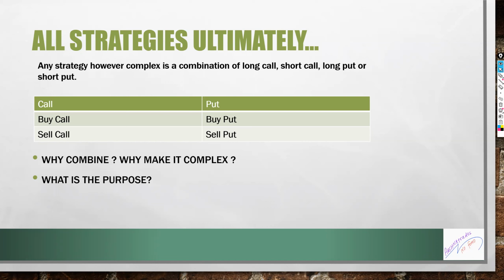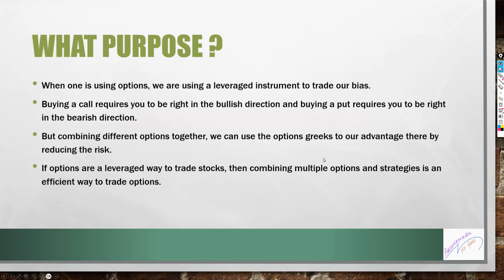You can also trade a sideways market. If you do not combine, if you just buy a long call and it doesn't go anywhere, every day you are losing premium. So how do you get around losing premium every day because of theta, because of time decay? Combining these helps you to mitigate all those issues, okay? So let's look at it.